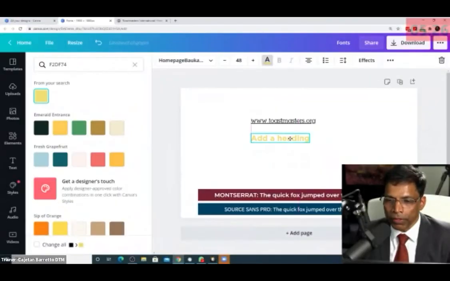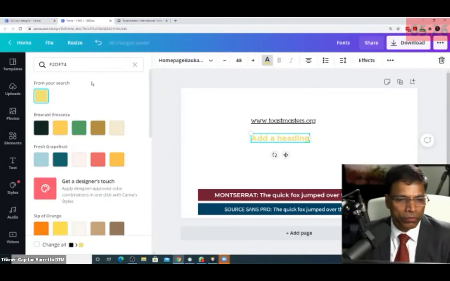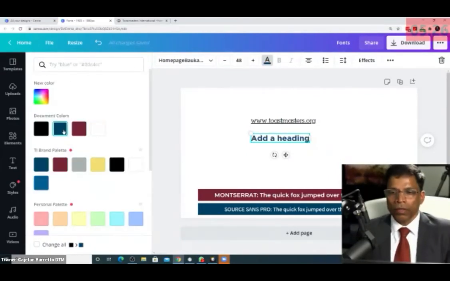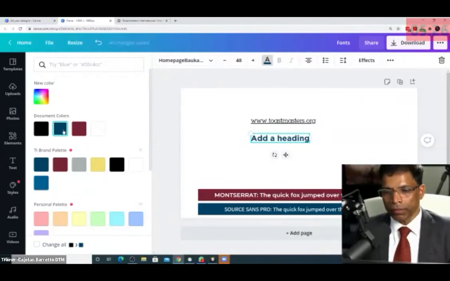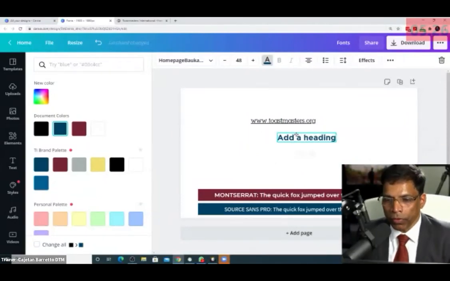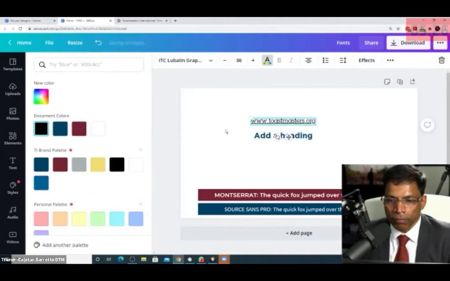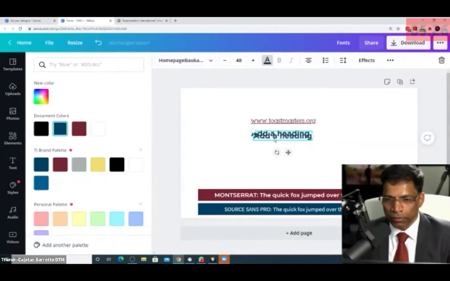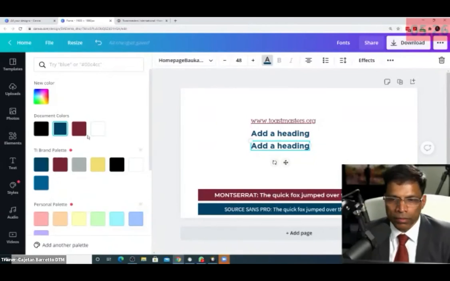Obviously, it's not appropriate here because it's not contrasting. And I like white as a background because when you have white as a background, you can use your font colors from any of this and they look really good. So when you use white as a background, any of the colors can be used, not yellow, definitely.